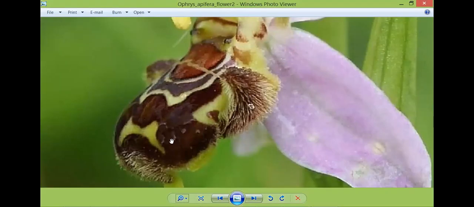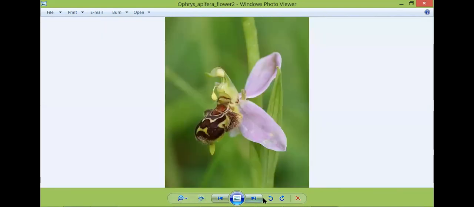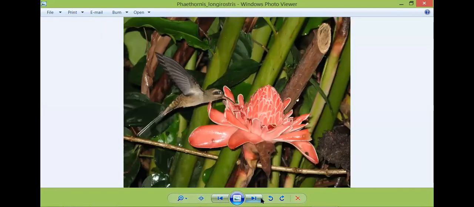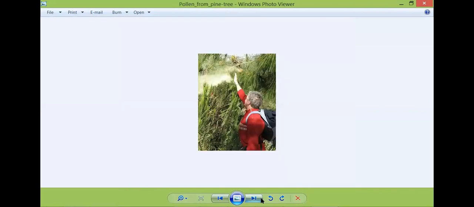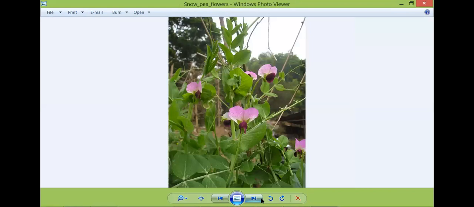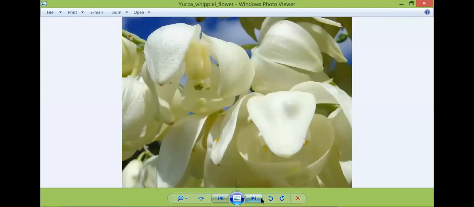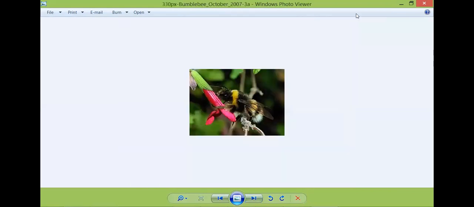So this is the orchid plant. And this part of the orchid looks like a female wasp. देख रहे हो? So this is not the wasp. It looks like the female wasp. ठीक है? Now this is again a beautiful bird pollinated flower. Oh, beautiful white flowers. So chalo, this is one option. Fine.